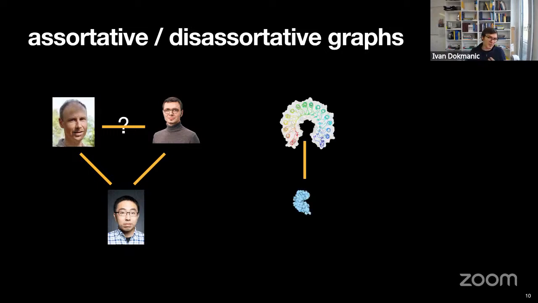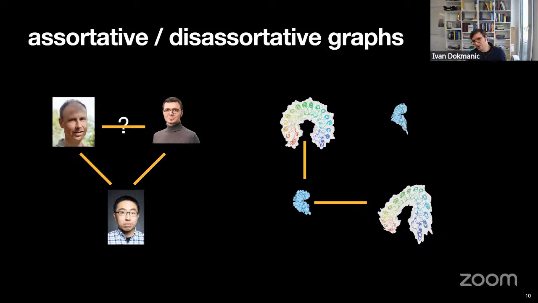But in disassociative or heterophilic graphs, different things tend to connect. So we could have a ligand and a protein, and they interact, so there is an edge. In this graph now, if the protein undergoes a small mutation and it didn't interact with itself in the first place, chances are it's still not going to interact with itself, but it'll interact with the ligand. And if the ligand undergoes a small mutation, chances are it's not going to interact with itself, but it's going to interact with the two proteins. So now you see that instead of getting a lot of triangles, we get a lot of these even length loops. And so these kinds of graphs have totally different qualitative properties.